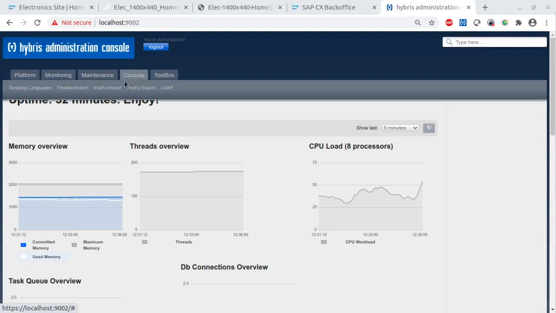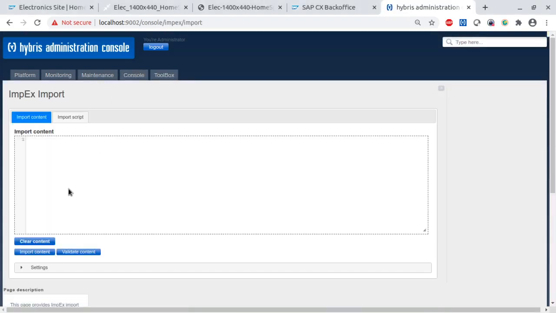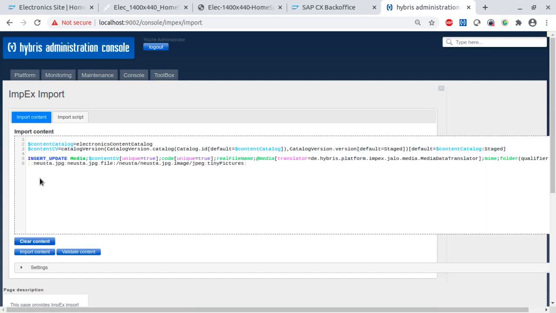And I'm going to console and impex import. Here we are. Okay, so I'm just copy and pasting here something. What can we see? It's an impex file to bring new database entries into the database. We want to create a new media, so we're saying insert update media, and then we have to specify a